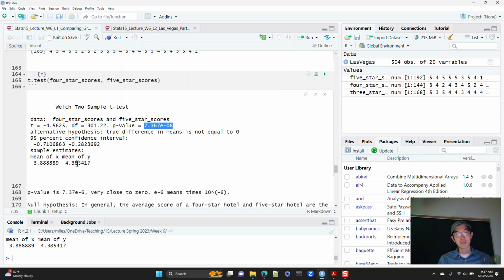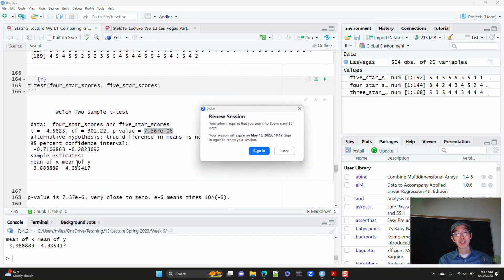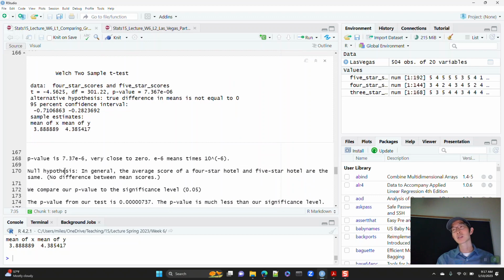It doesn't seem super dramatic, but going from 3.88 to 4.38, which is a difference of a whole 0.5 points, is a statistically significant difference. We're saying that this kind of difference just isn't going to happen by randomness, or is just very unlikely to happen by randomness.